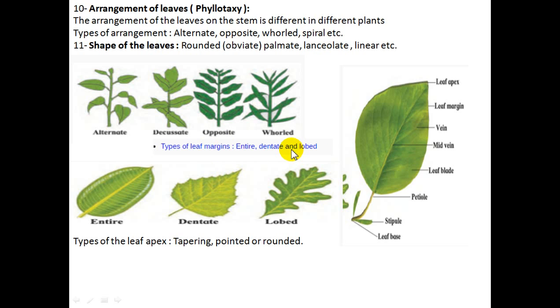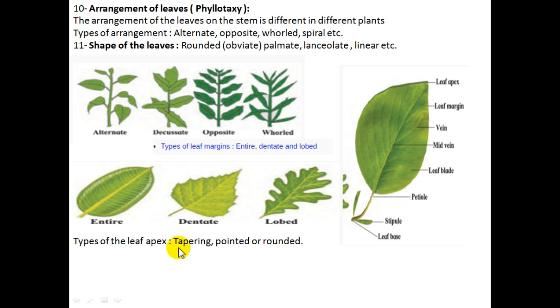So these all are the types of arrangement of leaf, and now you will see the shape of leaves. The shape of leaves is also different in different plants: rounded, palmate, lanceolate, and linear. Different types of shape of leaves are found in nature. You can see here it has oval shape, or here it is dentate. Dentate means ऐसा लगेगा कि थॉर्न जैसा, कांटे कांटे जैसे निकले रहेंगे, but it is not a thorn, it's a dentate shape. Like our teeth are arranged, in the same way, dentate form. Lobed means like एक लूप टाइप बनाएगा, that is called lobed.